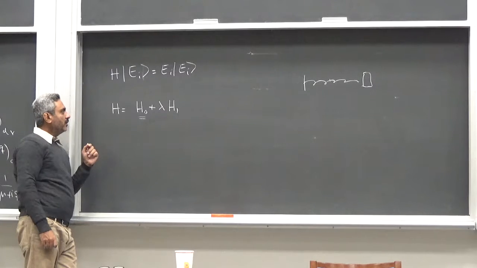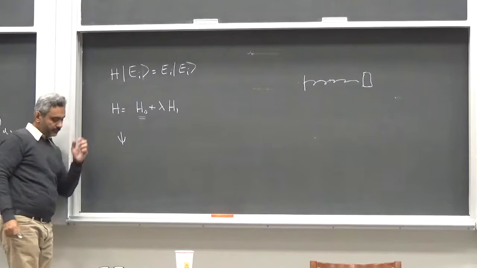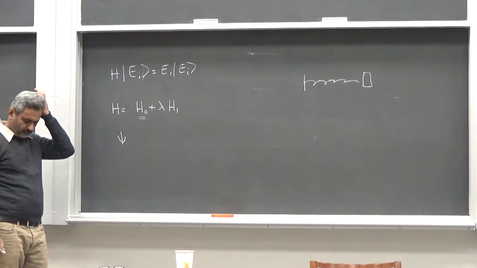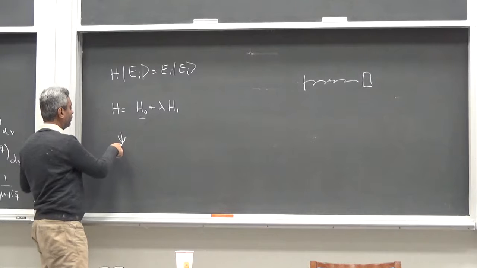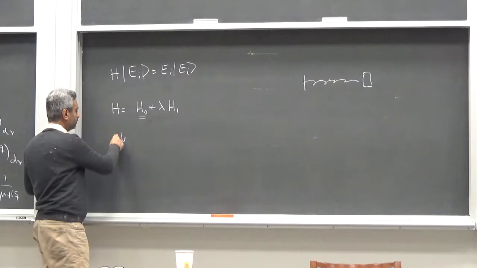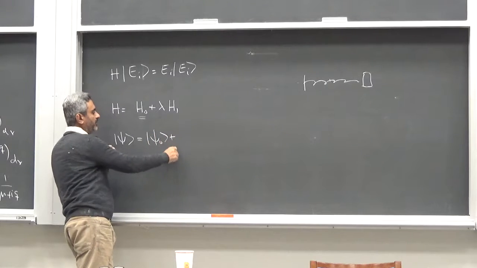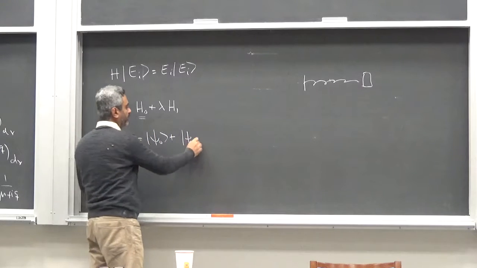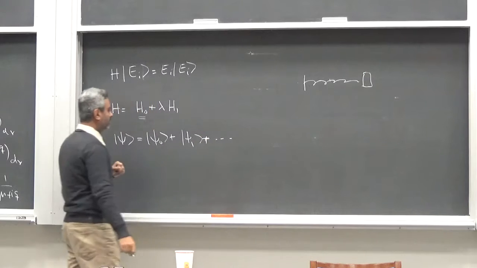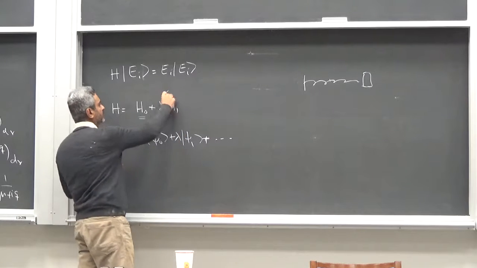So you would say that the eigenstates of this thing could be written as psi naught plus psi 1 plus something like this, where, if this thing is small,